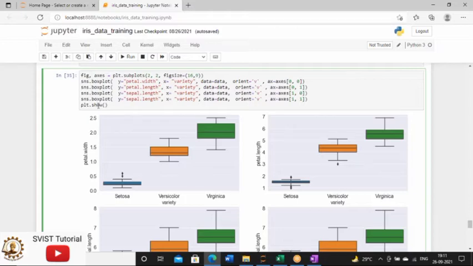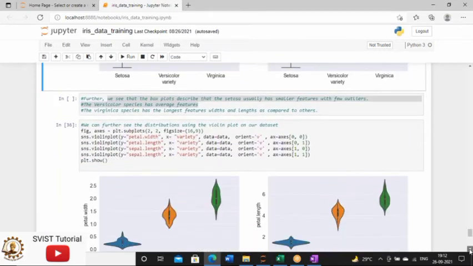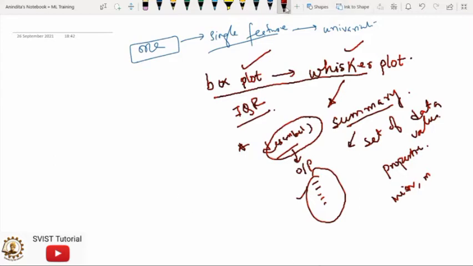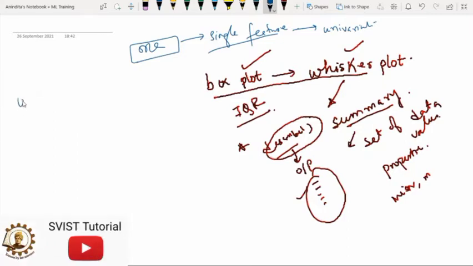Then again, box plot is not enough, because we have some more questions about our data set. Box plot is good for depicting the median value and the outliers, column wise. But you can also explore another beautiful plot known as the violin plot. See this picture first. It's a wonderful plot. So what is this violin plot? This is another important plot, and in my research I have used it many times.